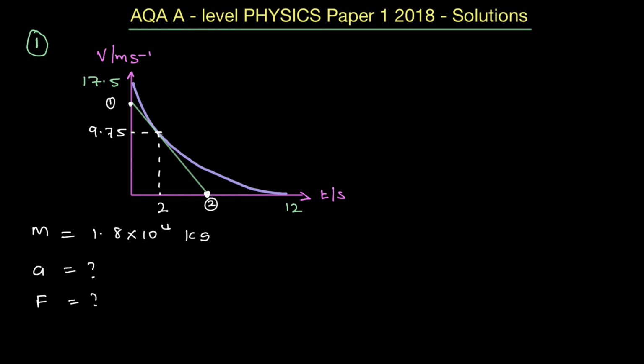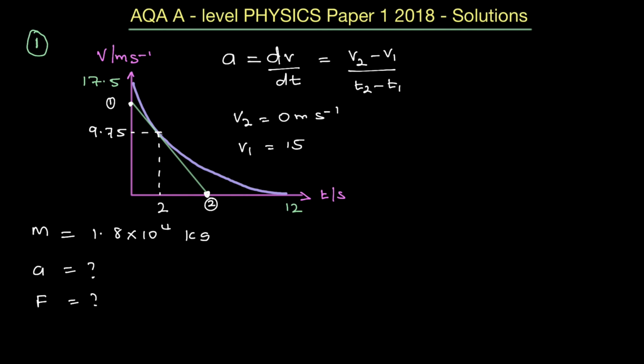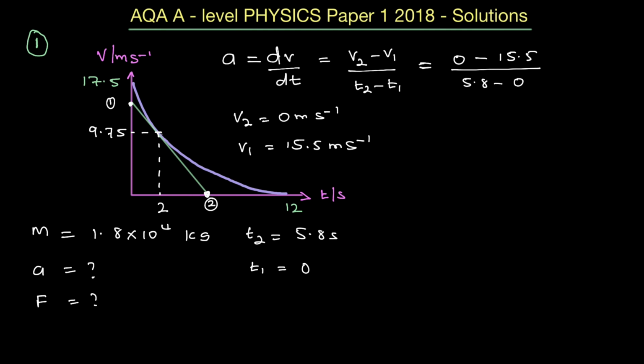So I can find the acceleration: a equals Δv over Δt, which can be written as v2 minus v1 over t2 minus t1. v2 is 0 meters per second, v1 is 15.5 meters per second, t2 is 5.8 seconds from the graph, and t1 is 0. Populating the equation, that's 0 minus 15.5 over 5.8 minus 0, which is minus 15.5 over 5.8, and so the acceleration equals